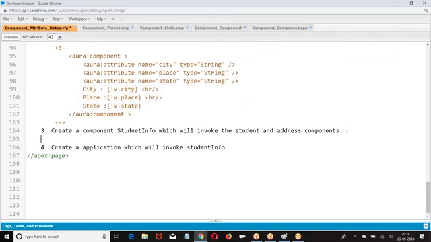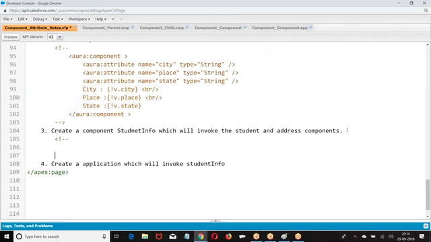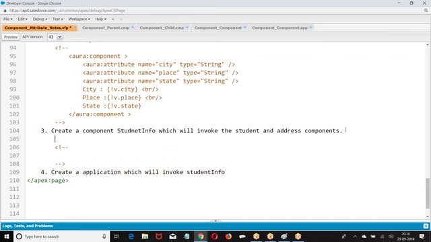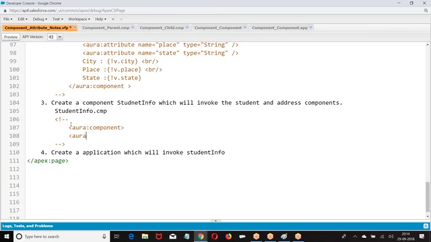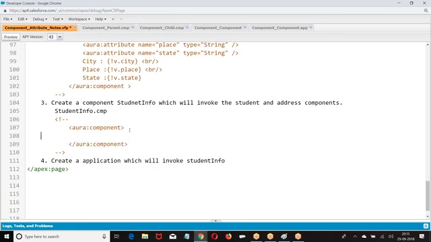Third component. Create student info component. Then what I was supposed to do? Invoke the component with... right.